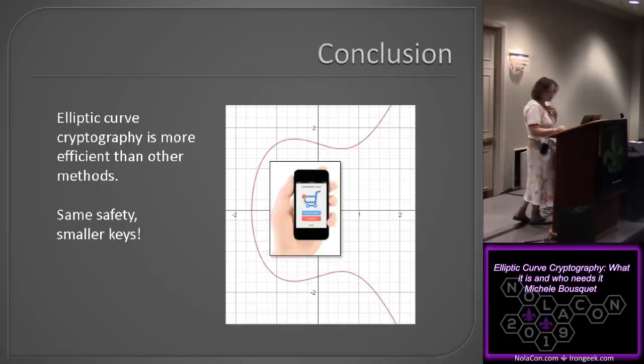And a lot of home security systems will use it. And most of the mobile devices have it available to apps. If you're developing a mobile app, you have the option of using ECC for your app, as long as you build it in. So that's basically why you would want to use it. It's more efficient, uses less power, better safety with smaller keys. And that's all I have to say about that today.